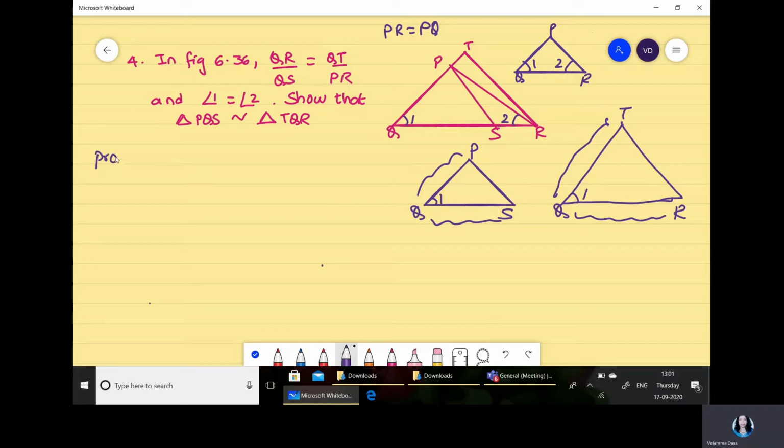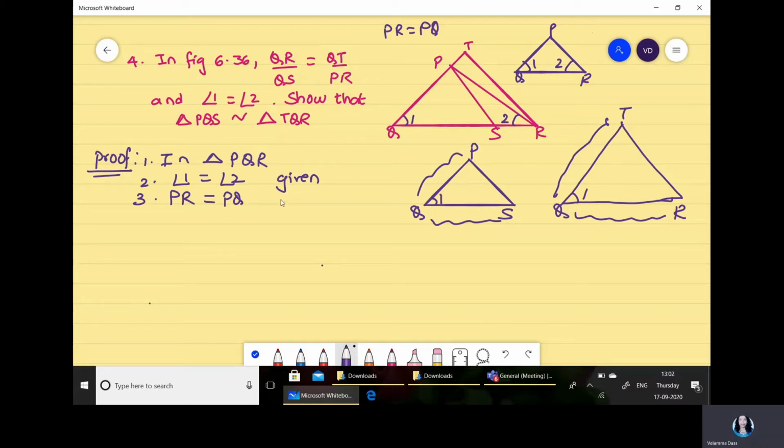So coming to the proof, how to write it down. So the first thing we can write is that in triangle PQR. After analyzing from back what we are supposed to do, we can write that in triangle PQR, it is given that angle 1 and angle 2 are equal. This is given. From this we understand which is the side opposite to angle 1, it is PR. Which is the side opposite to angle 2, it is PQ. See, angle 2 is opposite PQ, angle 1 is opposite PR.